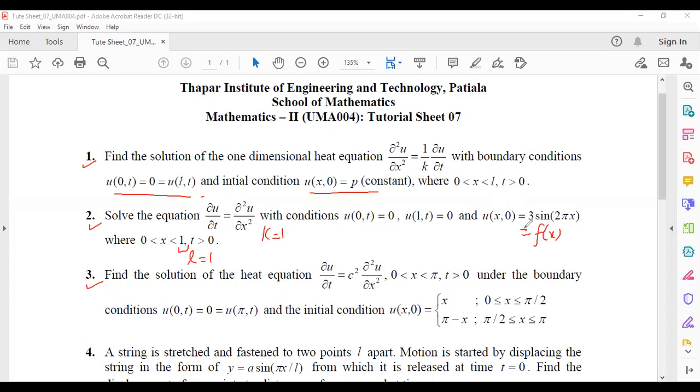initial condition, because in heat equation there's just one initial condition that is given to you in the form of this function. And in this third, K is given to you c square. So wherever root K is coming, you put c instead of root K. And initial condition is given to you in this way, and zero temperature boundary conditions are there. So these three questions are of heat equation, and the rest of the questions, as you can see, fourth, fifth,